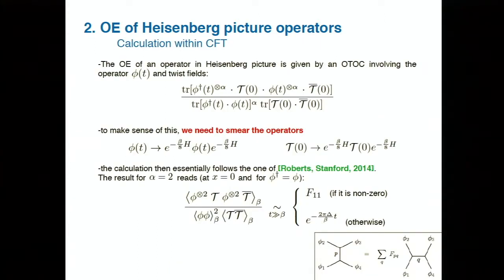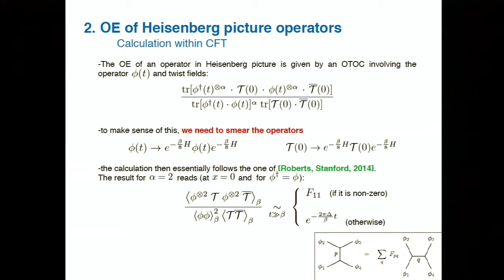Now I have one technical slide that is aimed at CFT experts, and then I'll come back to just the results. It turns out if you want to calculate this in CFT, it maps to an out-of-time-ordered correlator, because you need to calculate some trace of twist fields inserted at time 0, and your operator phi replicated at time t. To make sense of this in a CFT calculation, you need to regularize things. One natural way to regularize would be to smear the operators, which means it's like doing the calculation at a very large but finite temperature. And if you do that trick, then